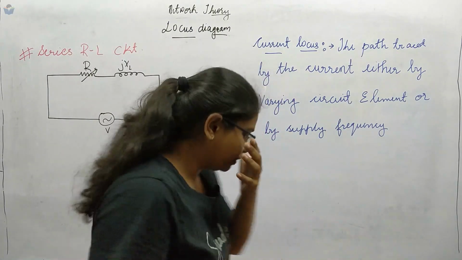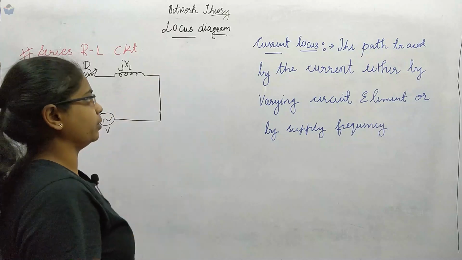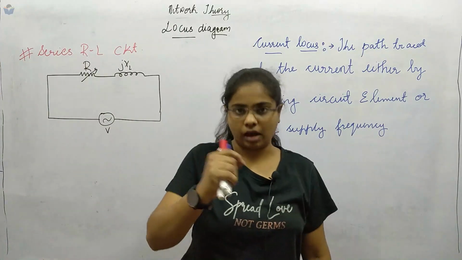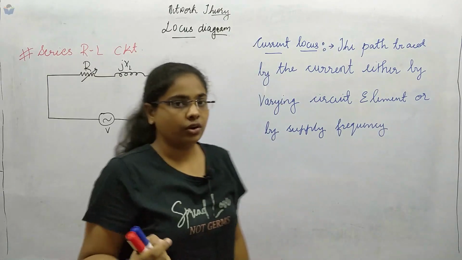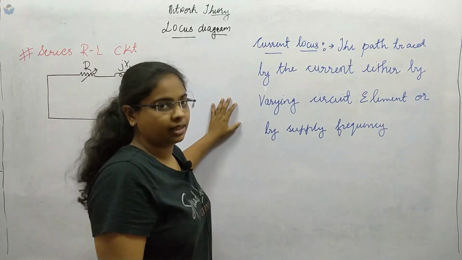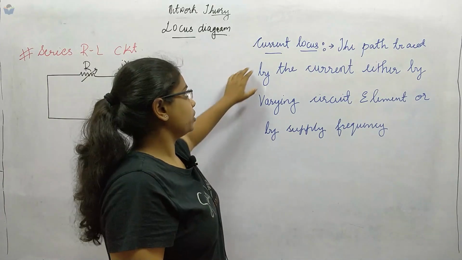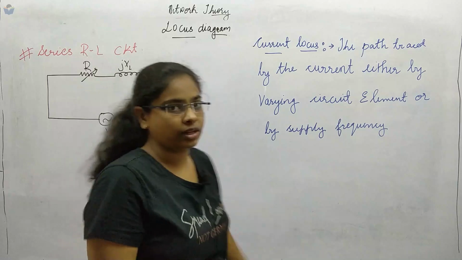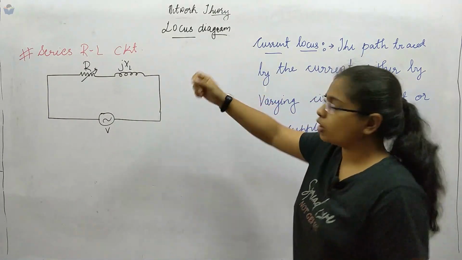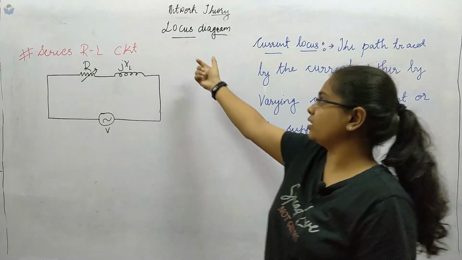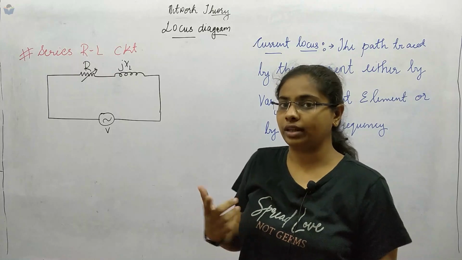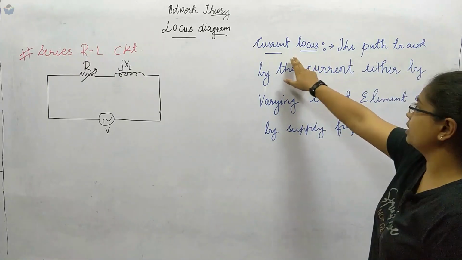So in this lecture, we will study about locus diagram. Basically, this diagram we had to study after the completion of resonance, but still because of its low weightage in the GATE exam, we have kept it as the last topic. Now what do we mean by this locus diagram? We are plotting the phasor, or you can give it another term, like tracing the path. What type of path are we going to trace? Here it is nothing but the current path.